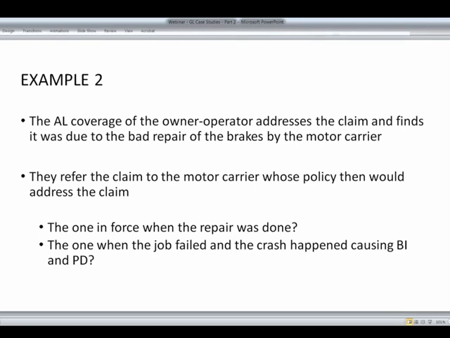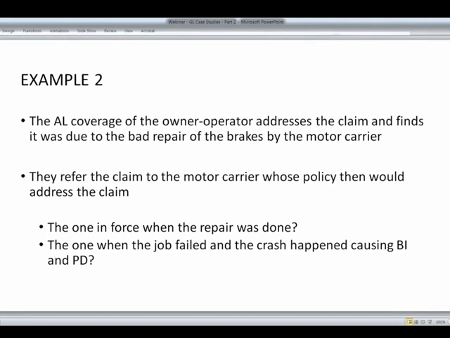The one that was in force when the repair was done, or the one that was in force when the crash happened? This is a major consideration. We have had a lot of discussion, if you went in insurance, between an occurrence policy and a claims made policy. And the key is the wording in the who's insured provision to determine. Again, the question is, was this claim to be addressed under the policy that was in force on April 25th when the work was done, or the renewal of that policy on May 1st when the brake job failed and the accident occurred?